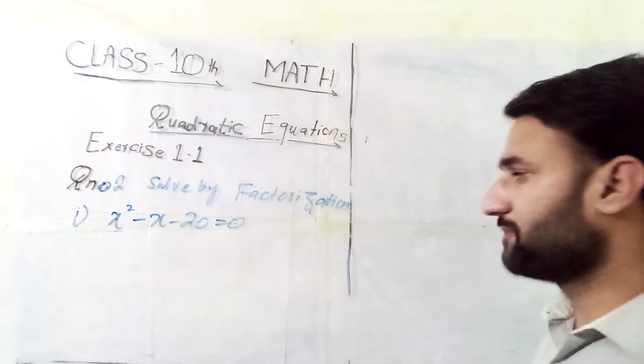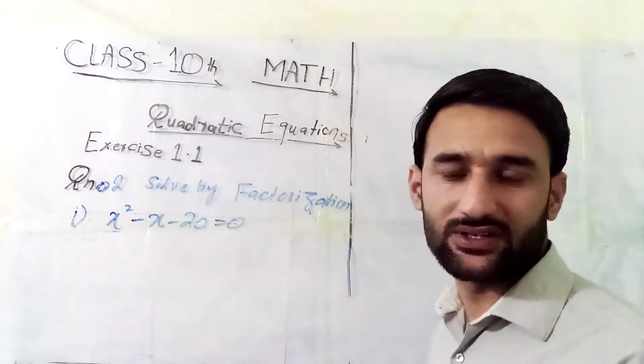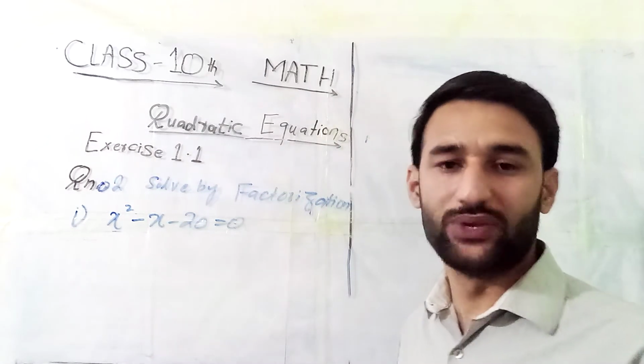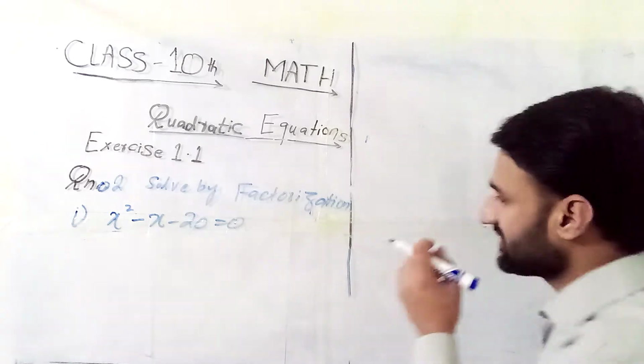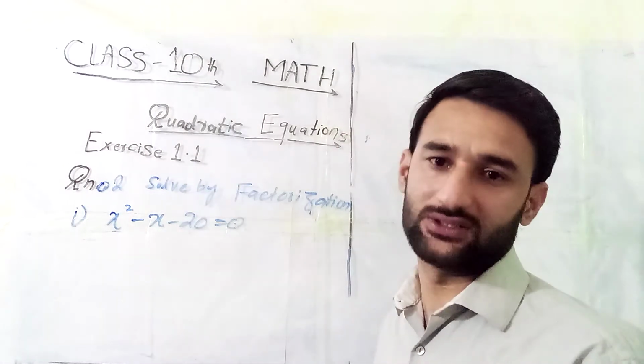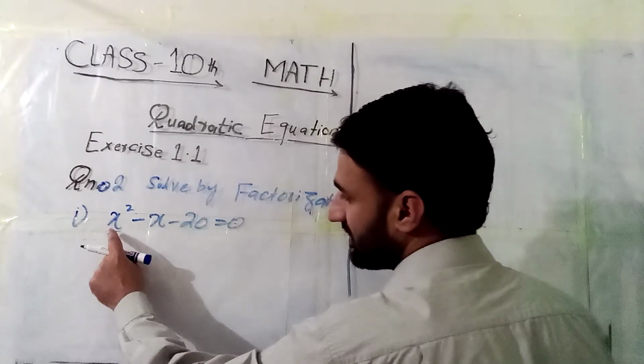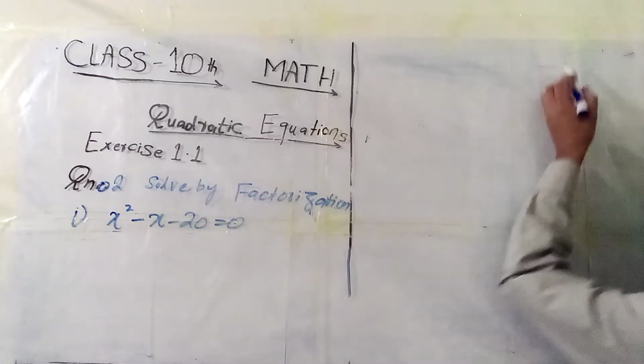The factorization method is basically the middle term break, right? The factorization method is also known as middle term break, right? For example, here's the requirement. It is also known as the FOIL method, right? What is meant by the FOIL method? The FOIL method asks to multiply by this term here.